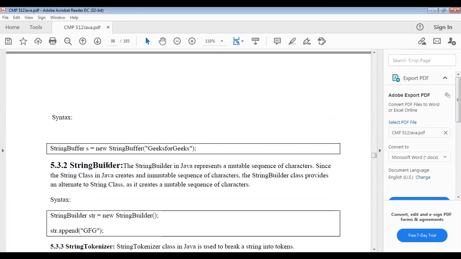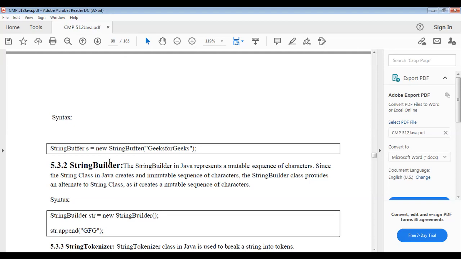Next is StringBuilder. The StringBuilder in Java mainly represents a mutable sequence of characters. The String class in Java creates an immutable sequence of characters.